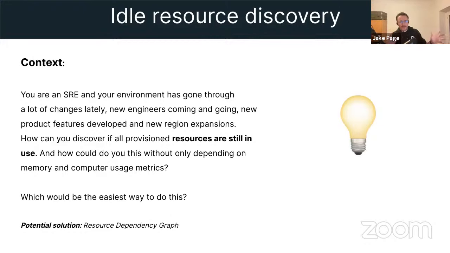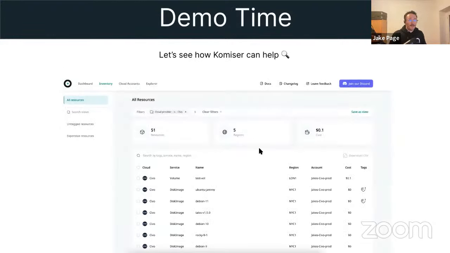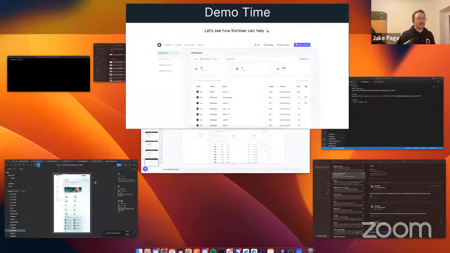Having touched on these situations, lastly, a potential solution for this particular context is the resource dependency graph, which Saiyam also touched on, which we'll get to now. I think this could be a good time to jump into the demo. I'm just going to exit